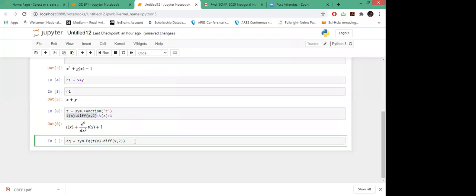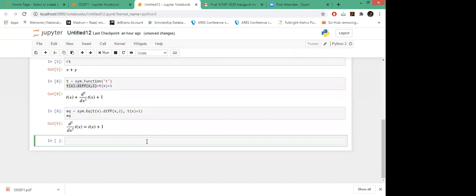Okay, so this is my left hand side term, and then I'll separate it with a comma, and after that whatever I write will be the right hand side of the equation. So this way we can define equations or differential equations.